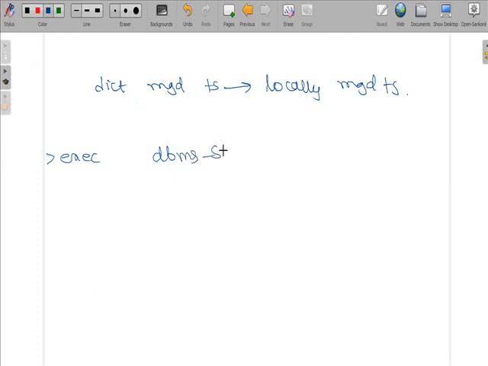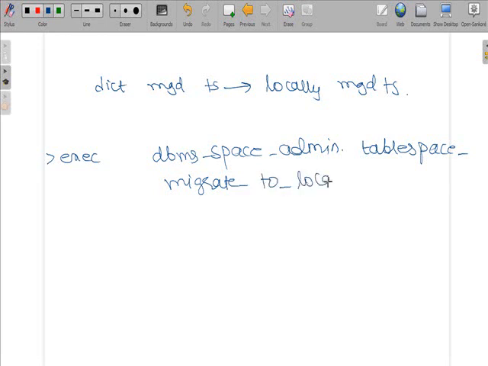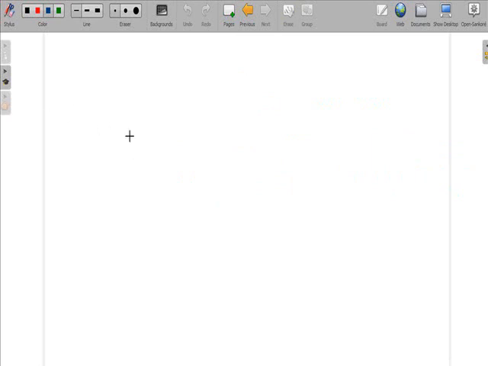DBMS_SPACE_ADMIN, TABLESPACE_MIGRATE_TO_LOCAL, and in brackets give the SYSTEM or any other tablespace which is dictionary managed. Okay, you can convert like this. This is a PL/SQL procedure. And one more thing, if you see the entire hierarchy, first Oracle OS blocks will